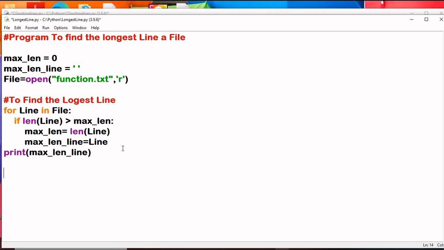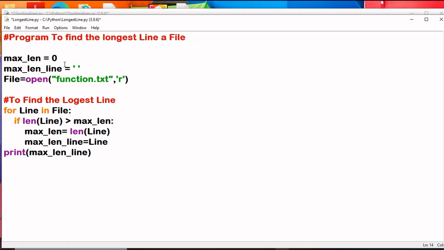So the logic is to read each and every line from the file in this loop, and check whether the length of the line is greater than the maximum length already stored there.